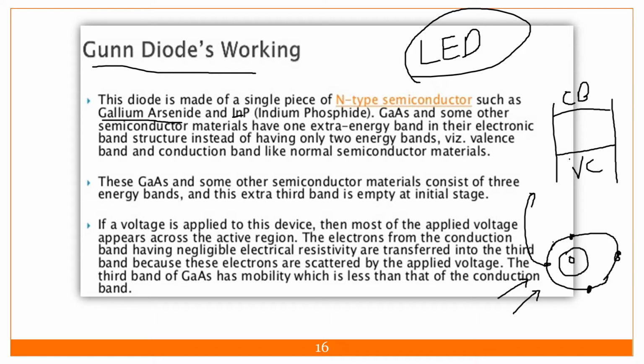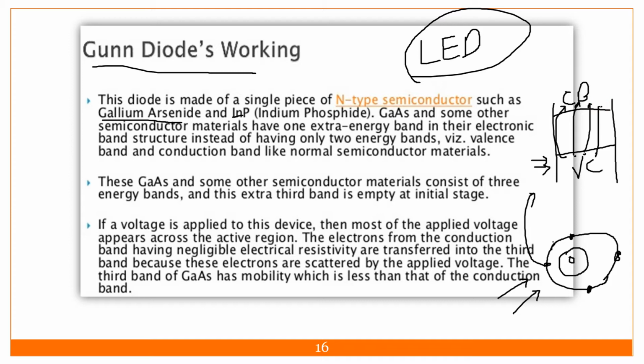Suppose, for example, four electrons are in the valence band. If I bombard them with photons, or apply an electric potential across it, the electrons take energy and go to the conduction band, and the electrons in the conduction band cause the current to flow. This is the phenomenon. So the four electrons in the conduction band are carrying the current.